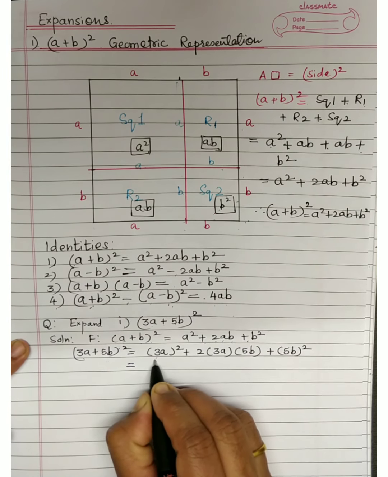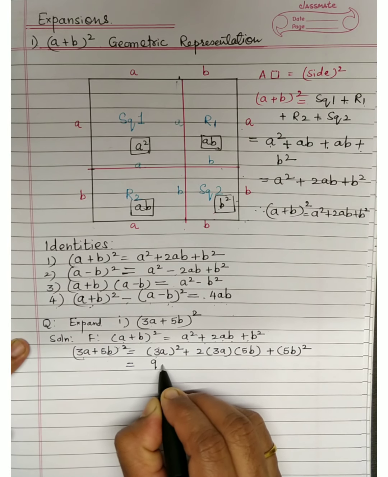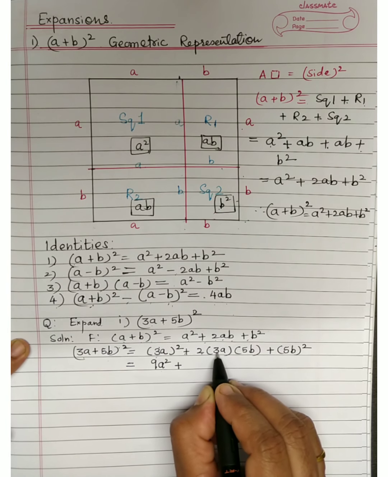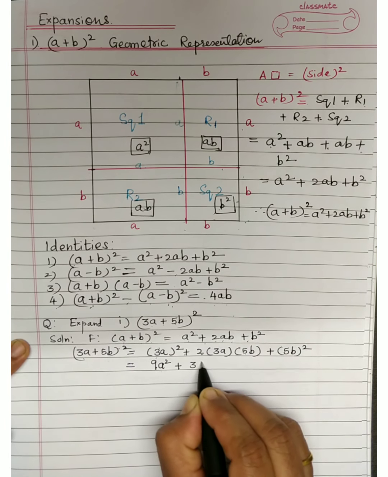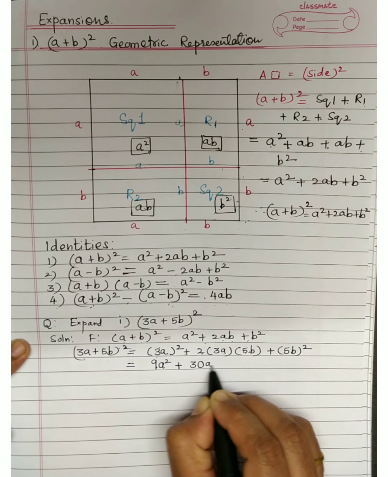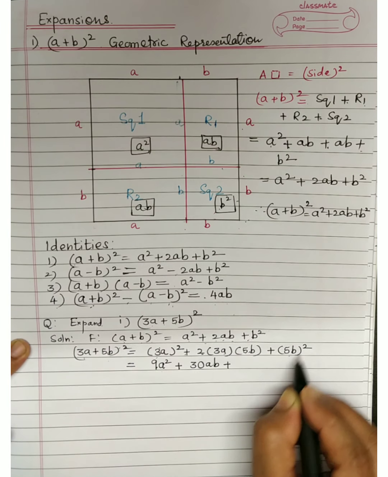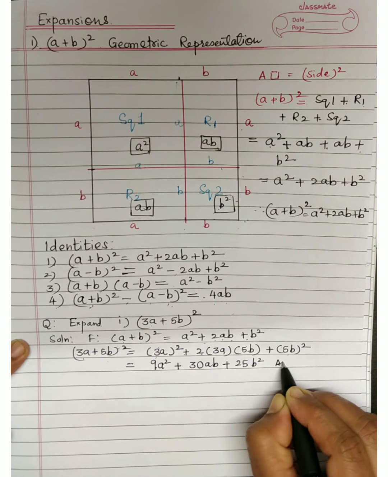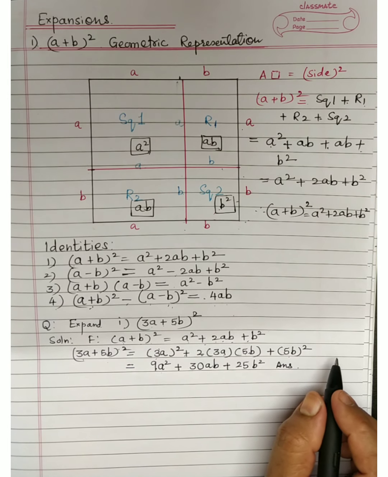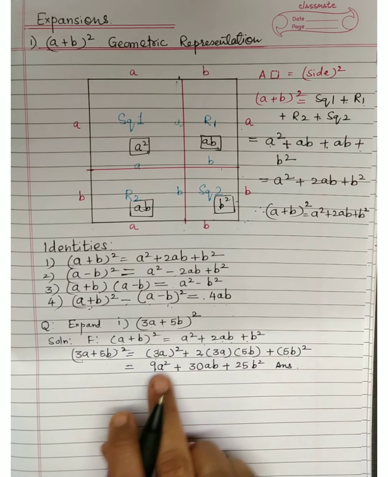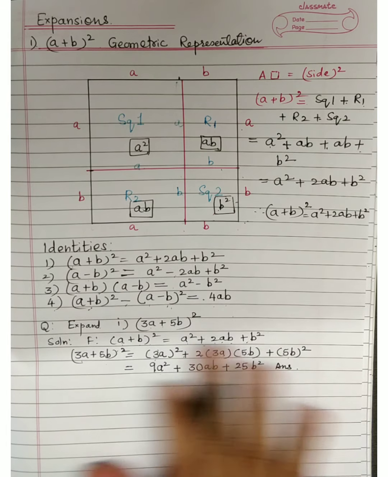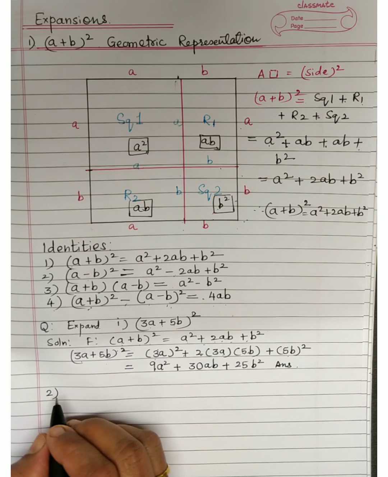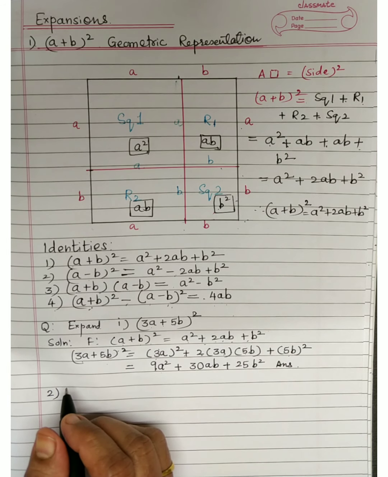Proper substitution, there isn't any question of making any mistake. Okay, 3 square is what? 9. Remember it is 9, not 6. So 9a² plus 2 3s are 6, 6 5s are 30, so 30ab, plus 5b squared will be 25b². That's it. You have got the answer. Very simple, but you need to be very careful. Any single term wrong, the entire expression is wrong. So take care that you copy correctly, understand, and apply the formula correctly.